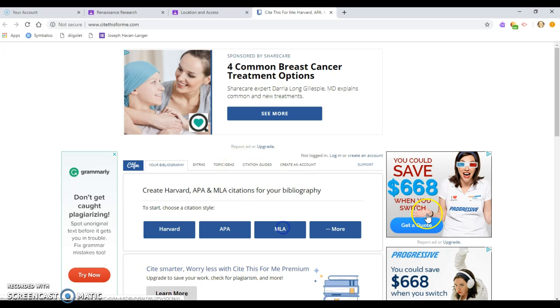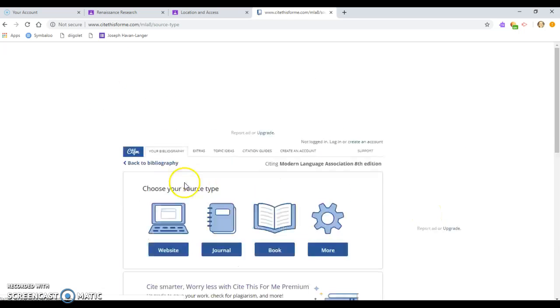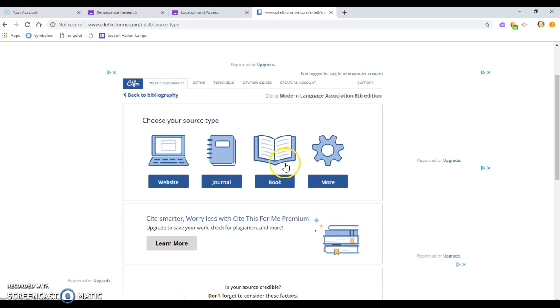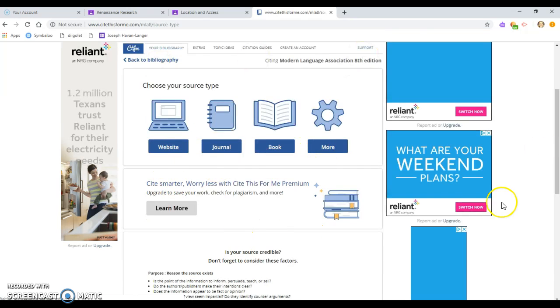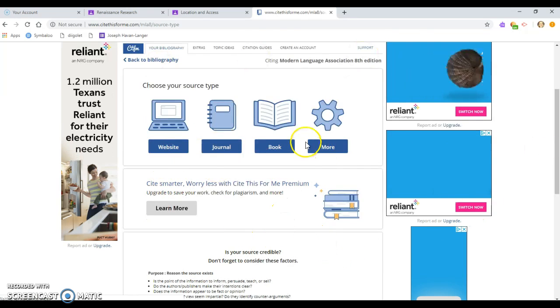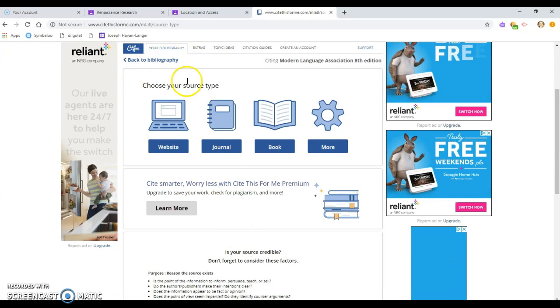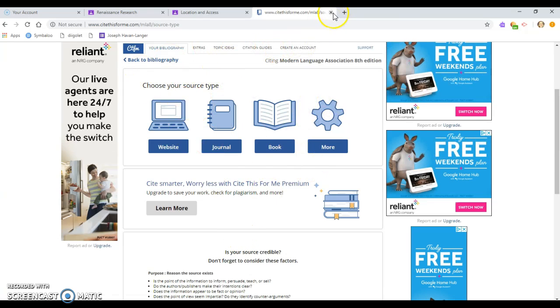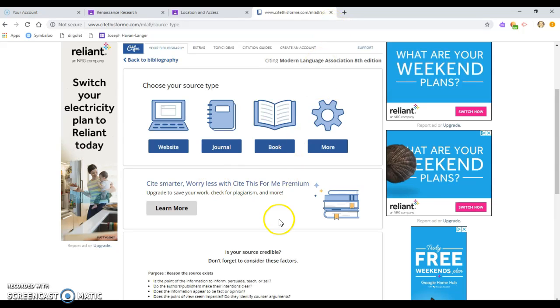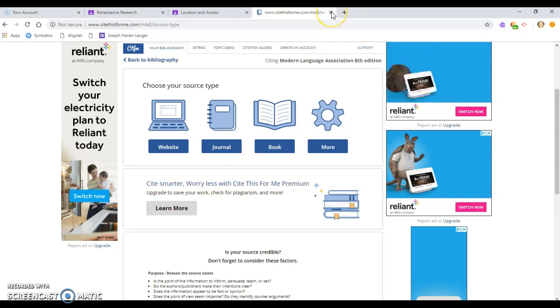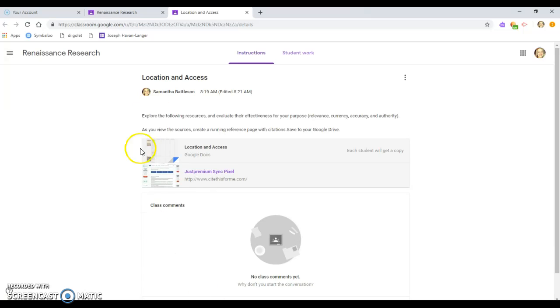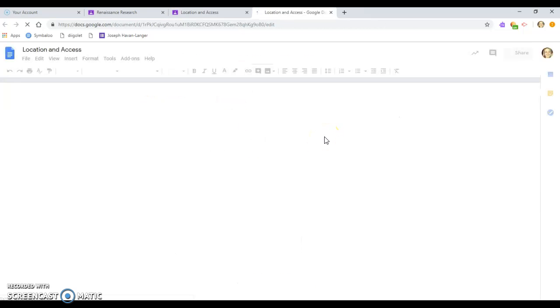So when you get in here, you're going to click on MLA. And whatever type of source you are citing, you're going to select that, input the information it asks for, and it will create your bibliography citation for you. You are required to have a bibliography at the end of this project, so just keep that in mind as you go. Okay, so here we have our different types of sources that I am wanting you to look at